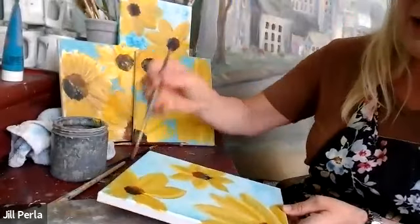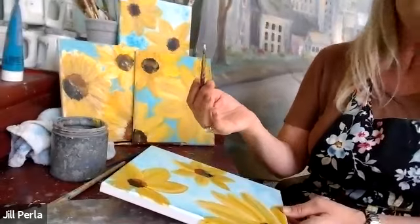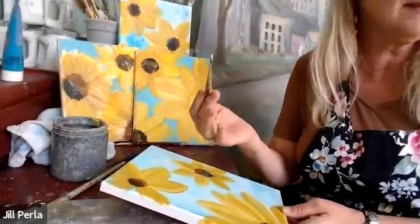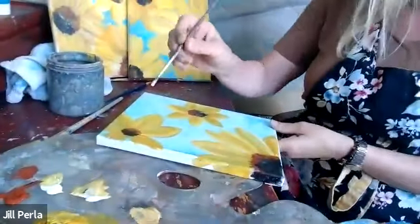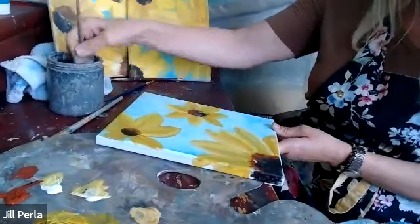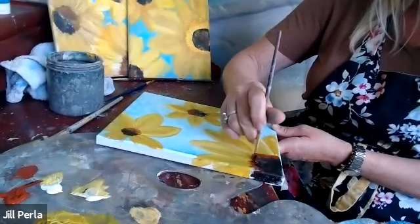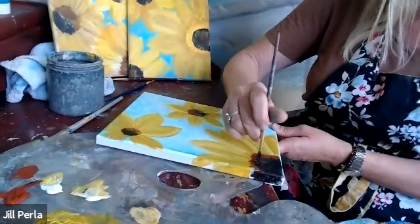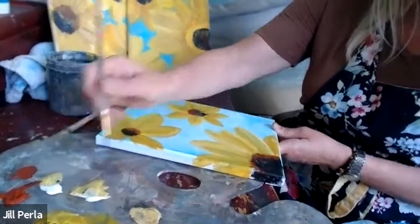All right, so now I'm going to have you get a little bit of white. Again, I'm not changing brushes. We're just using the same brush. Saying hello there. I know you can't see me while I'm painting, so I just want to pop in and say hi. Okay, so we're going to add a little white. Just a little highlight. I probably put too much on there, so I'm going to pick up a little bit more black. So it almost looks like a gray, but I just want a little highlight